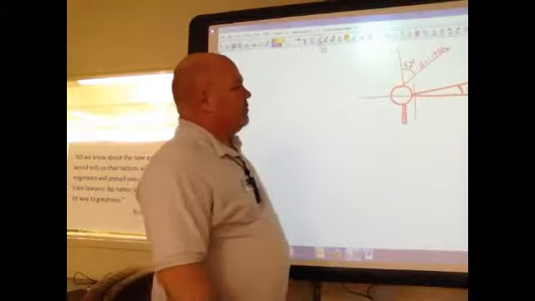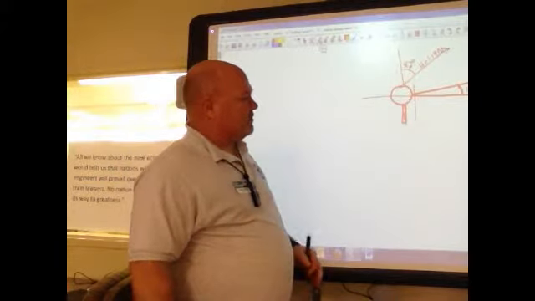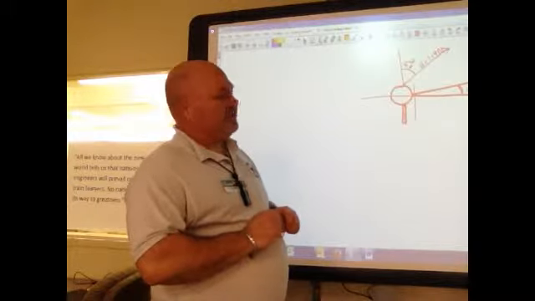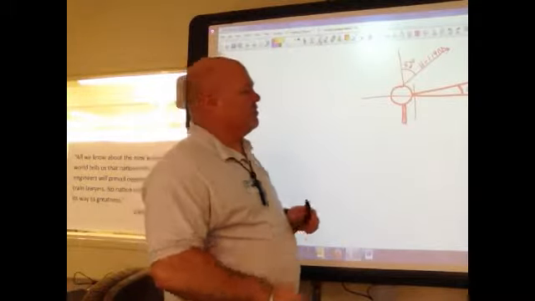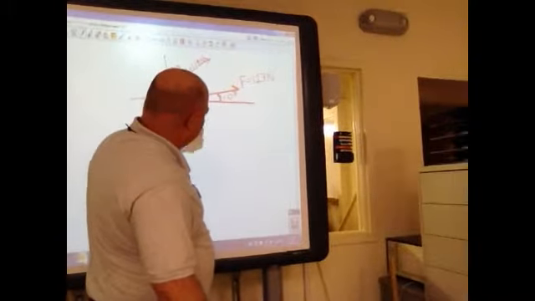Today we're going to talk about force vectors, and the very first thing we're going to do is talk about a scenario similar to this. The first thing you need to do whenever you're identifying a force vector is to identify the direction in which it is going. For example, force vector F is going 10 degrees